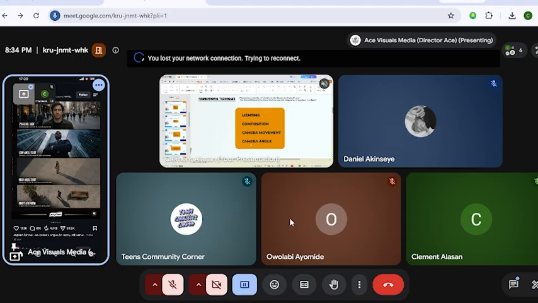Camera angles. And then we looked at 6 camera angles that we should note. Very important, 6 of them. If you can master 6 of them, you are flying high with cinematography already. We have close-up shots, medium shots, wide shots, eye level shots. Eye level is placing the camera at the eye level of the subject, as if you and the subject are standing facing each other.